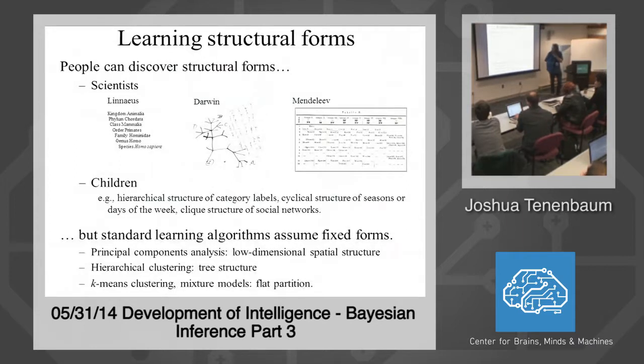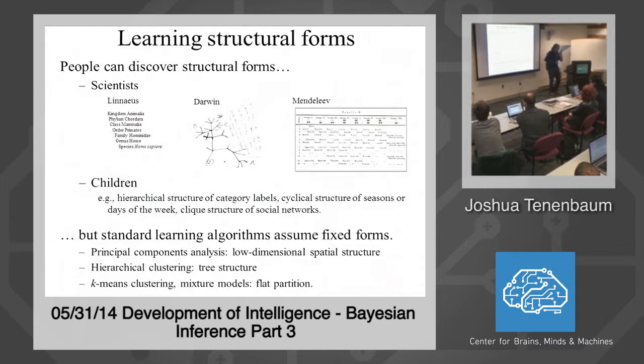So Sam mentioned this work that Charles Kemp and I did, where we were trying to understand, just to put a little bit more of the cognitive motivation behind this: a lot of the most interesting discoveries of knowledge are ones that refer to the form of a model, right? Like when, in biological thought, people went from thinking about animals as organized according to something like the great chain of being in medieval Europe to something more like a hierarchical tree structure in Linnaeus, or Darwin's more randomly branched evolutionary tree. Well before anybody understood the mechanisms of natural selection that might give rise to the tree structure of species,